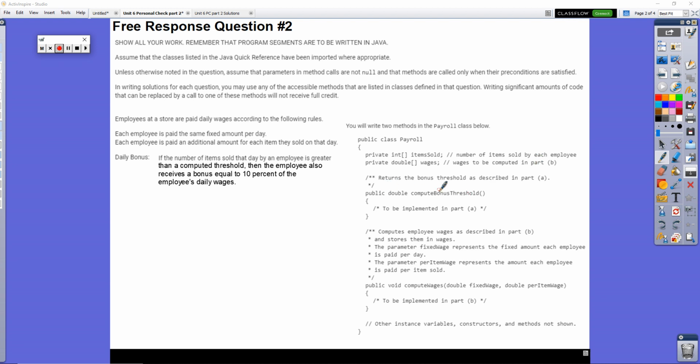Public double compute bonus threshold is what you're going to have to write the code for in part A. And that returns the bonus threshold as described in part A. So we haven't actually read what part A is yet, but when we get to that, that's one of the codes we're going to have to write. And then the second thing that we're going to have to write is public void compute wages, where they send